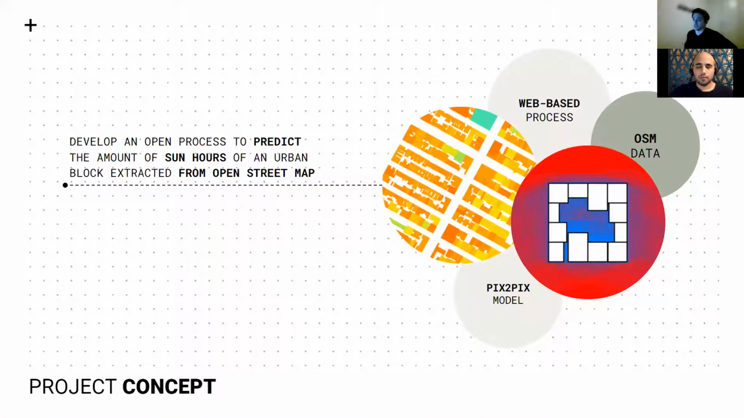The concept of our project is to develop an open source process that allows us to predict the amount of sun hours of an urban block extracted from OpenStreetMap. So the idea is to create a web-based process that allows us to predict sun hours in a building using